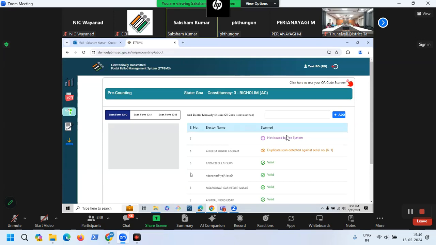Now you can see I've scanned another ballot and immediately the system is saying not issued by the system. So in that case also, what you have to do is place that ballot in the invalid tray. And another scenario,